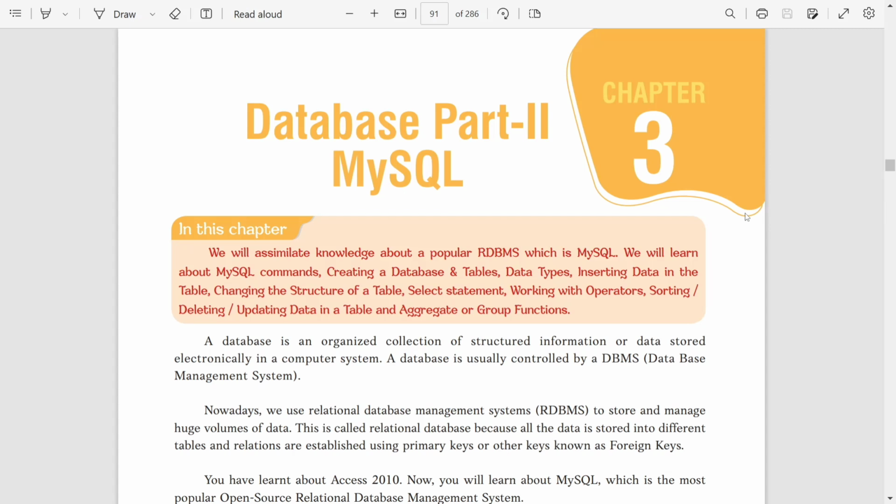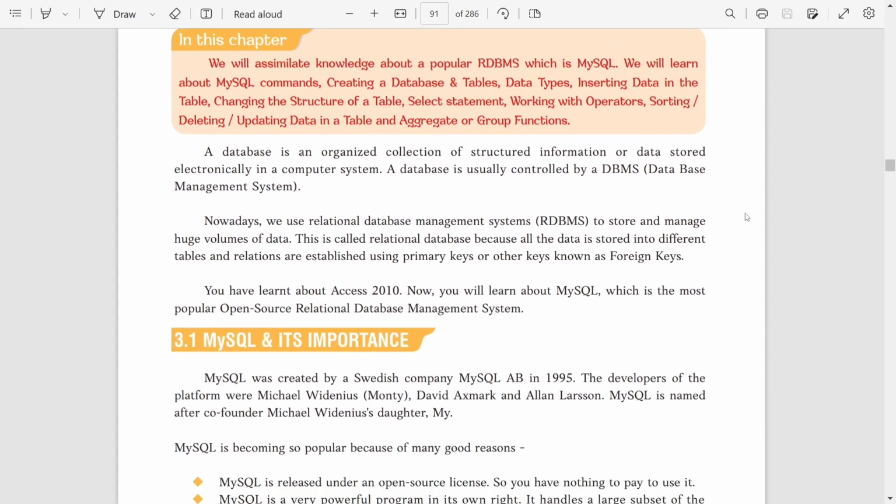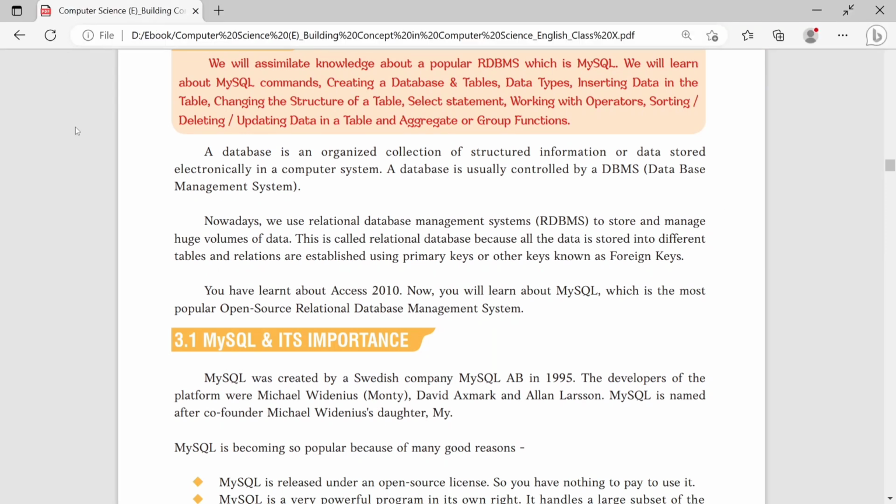In this video, we are going to study Chapter 3, Database Part 2, MySQL. Here we are going to talk about MySQL. It is an RDBMS application. Before going to RDBMS, first we have to know what a database is. You should learn the definition. What is a database? A database is